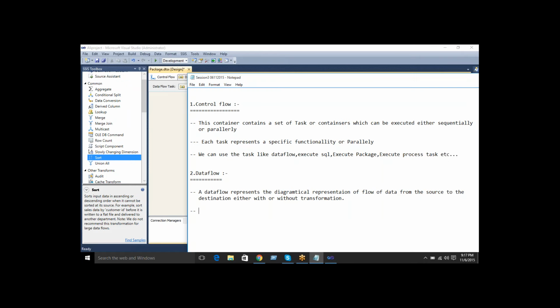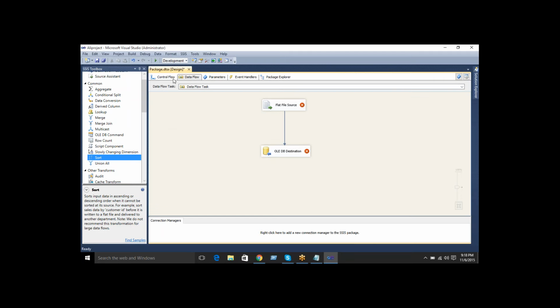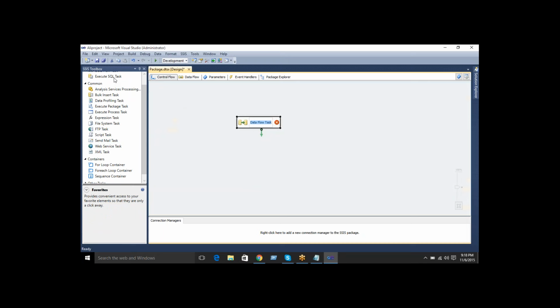To define data flow items, we have to use the data flow task in the control flow. It is compulsory.